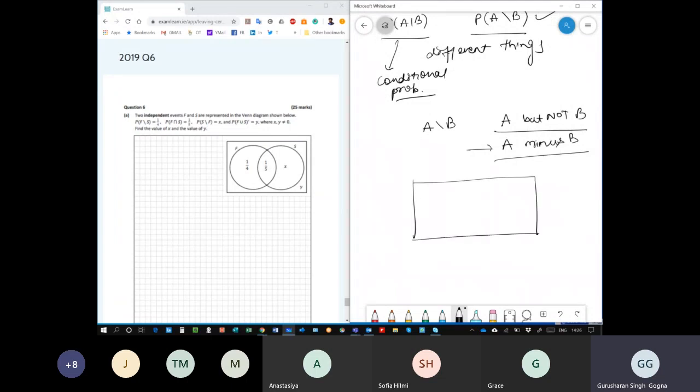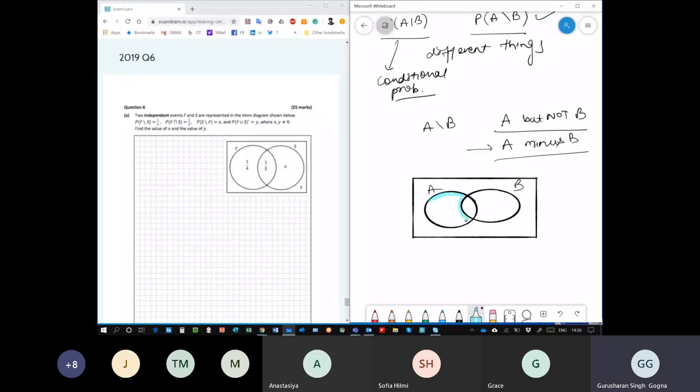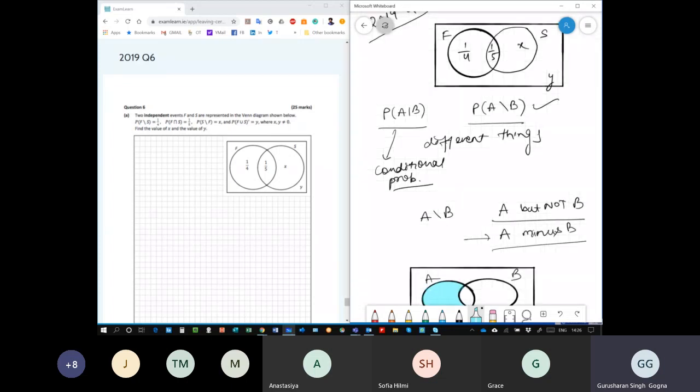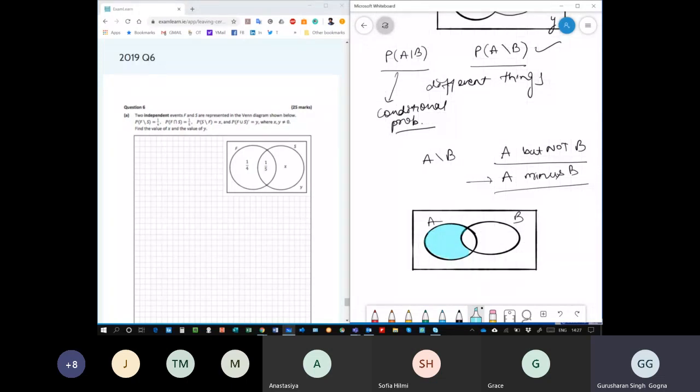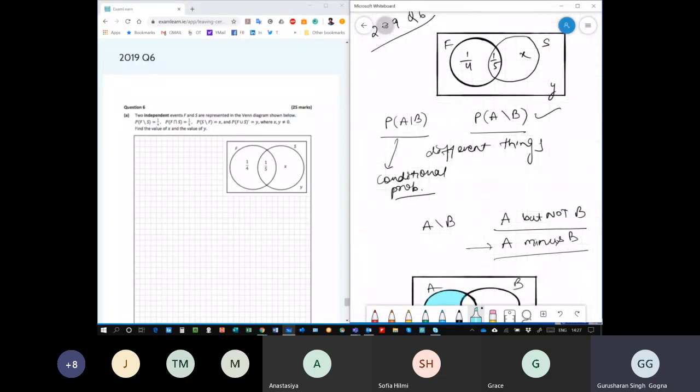How to represent this in the Venn diagram? This is A, this is B. If I want to shade A slash B, it's this. It's A without B. So there is a big difference between putting a vertical line or this slash symbol. In set theory, A slash B means A minus B, and it's the same concept here, and that's why